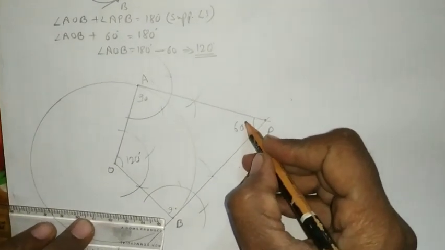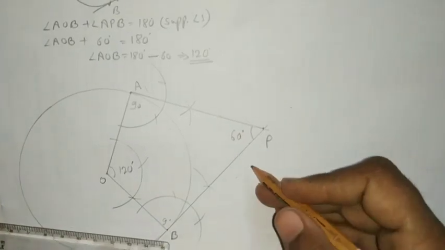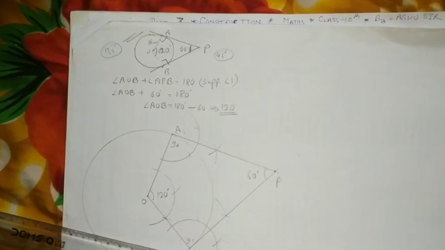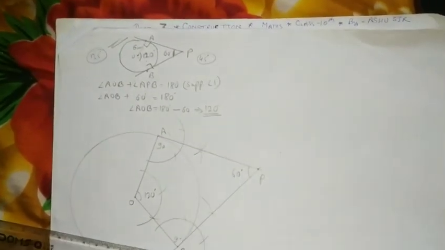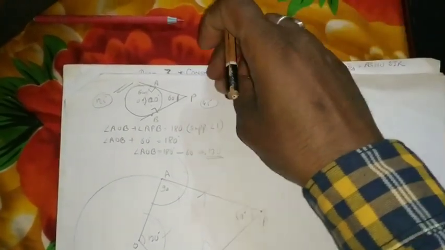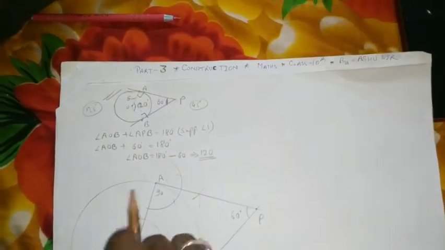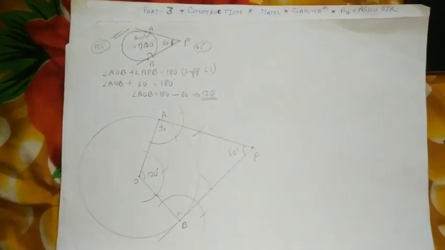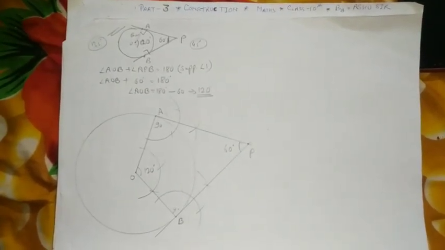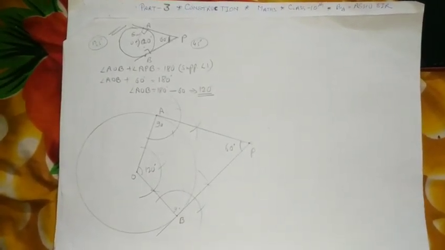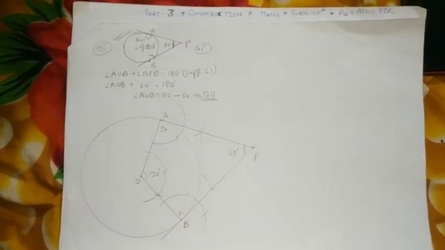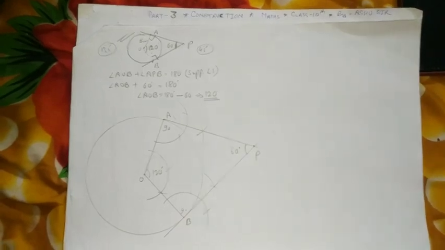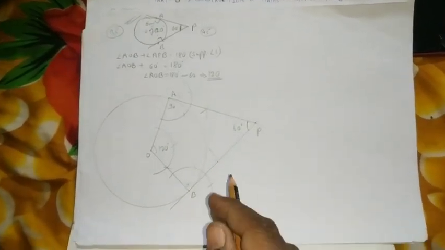If you want to verify, you can verify by measuring with the protractor, and this angle is equal to 60 degrees. So this is also an important topic for the board examination. Means tangent drawn from an external point to a circle is the first important thing. And second important thing, tangents drawn from an external point when the angle between them is given. We explain the steps of construction.